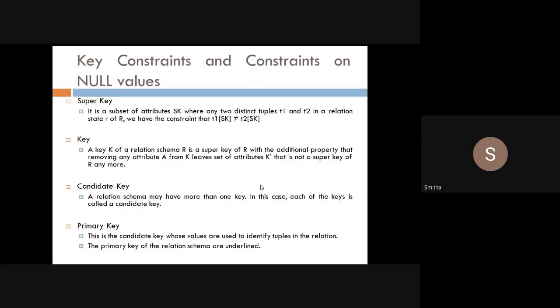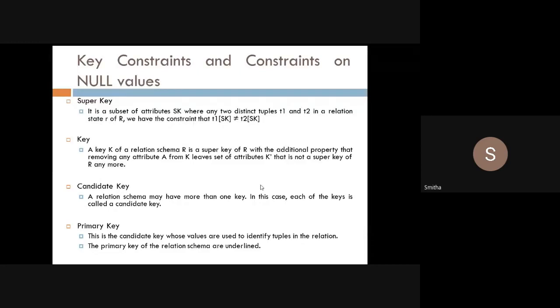Okay. So next is key. Then key we will refer to using the alphabet K. A key K of a relation schema R. I hope now you properly understood what is capital R, what is small r, what is A, because while explaining I told you I cannot write out relation schema and attribute every time like that.